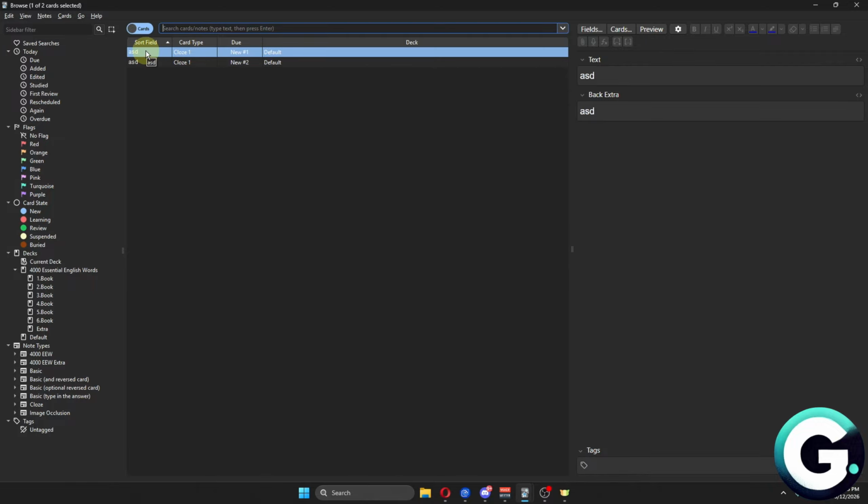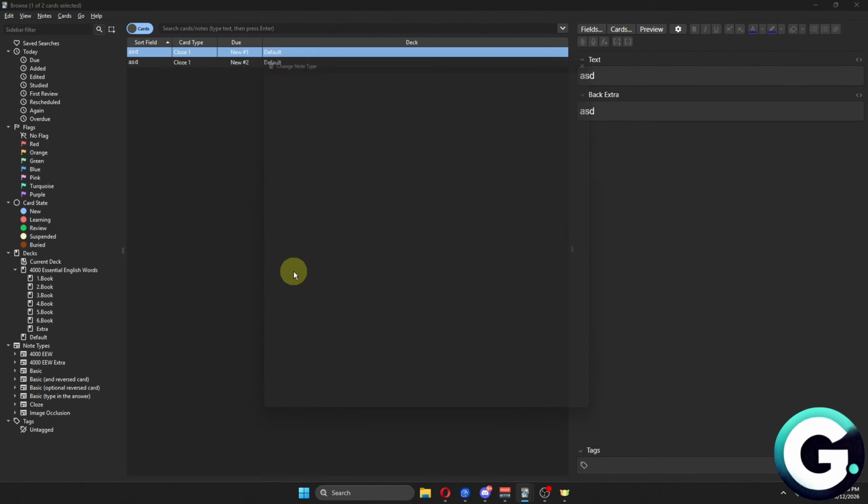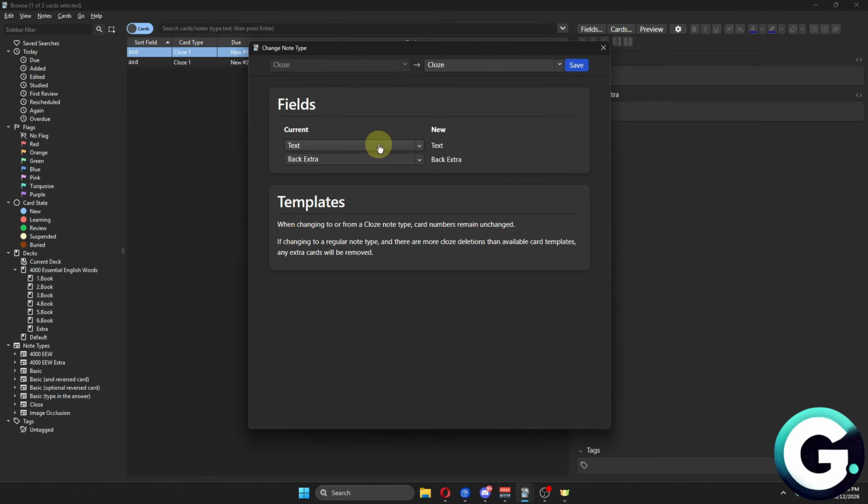So right click on the file that you want to change the note type of. From here, click on notes. And then we have the ability to select change note type. So just simply click on this option and then you will be able to adjust the text, the back text,